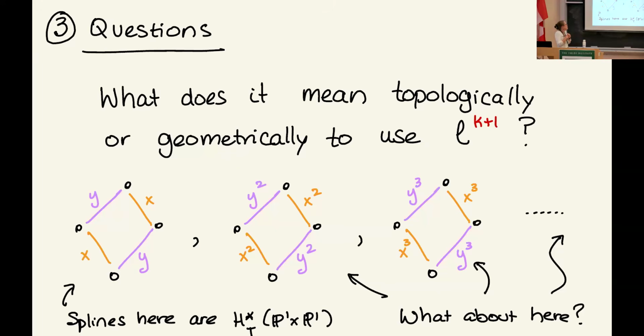Sorry, now that I'm in front of everybody and on Zoom, and this is going to be recorded for posterity, I believe it is possible actually to create splines further down on the right with higher powers that are not actually splines in the original ring. But now that I'm in front of everybody, I should just erase that thought. Anyway,